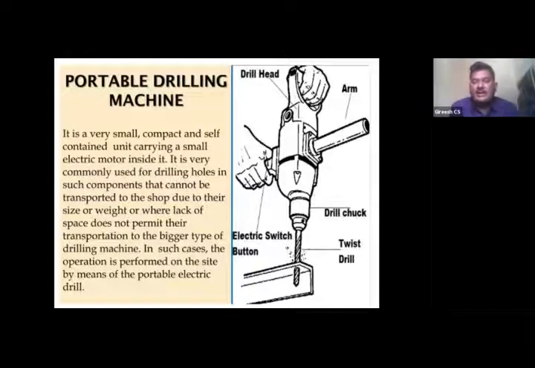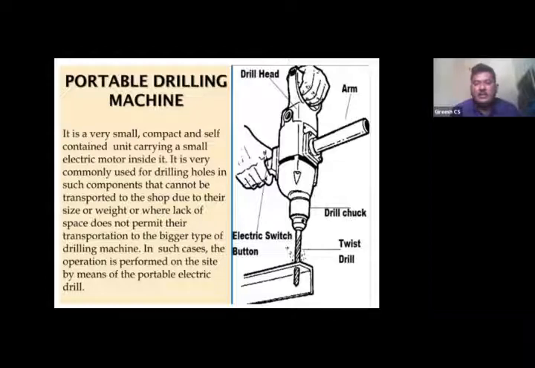So for example, 90-degree with respect to the wall, if you want to get accurately 90-degree, we will not get it, because we are feeding manually. So you may get a 2-3 degree variation in the hole. Okay. So the accuracy of the drill is not good in a portable drilling machine. But for a workpiece which cannot be taken onto the machine, where you need to produce the hole, in that case you go for a portable drilling machine.